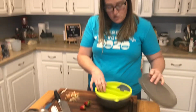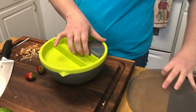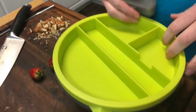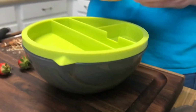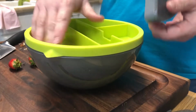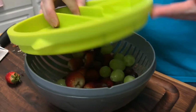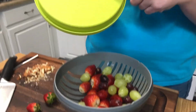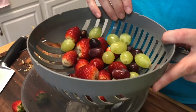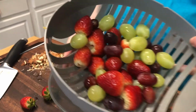So you can see here it's got the lid. There's little compartments for silverware, other extra things. So if you were taking this for lunch, you could put your dressing in this one and your almonds over here, anything else in these areas. But this is actually also going to act as the cutting board. So inside, in the colander, I've already rinsed out a few strawberries, some grapes, red grapes and green grapes,